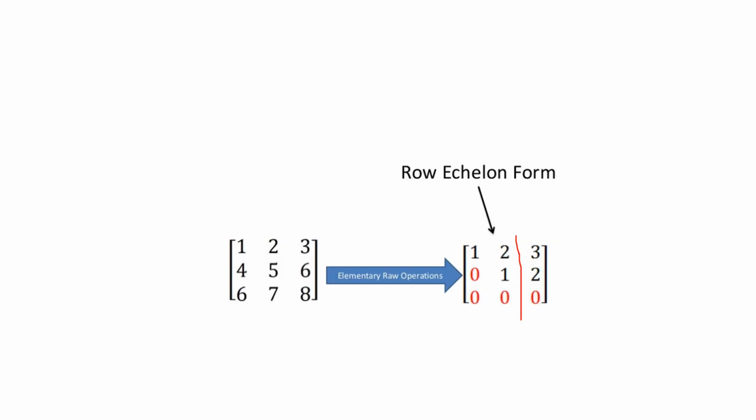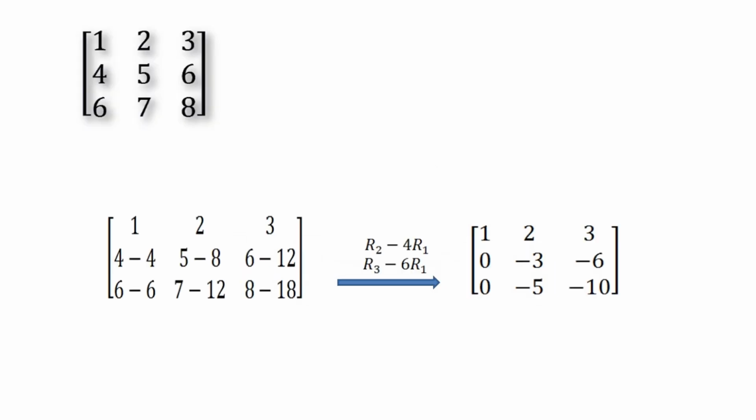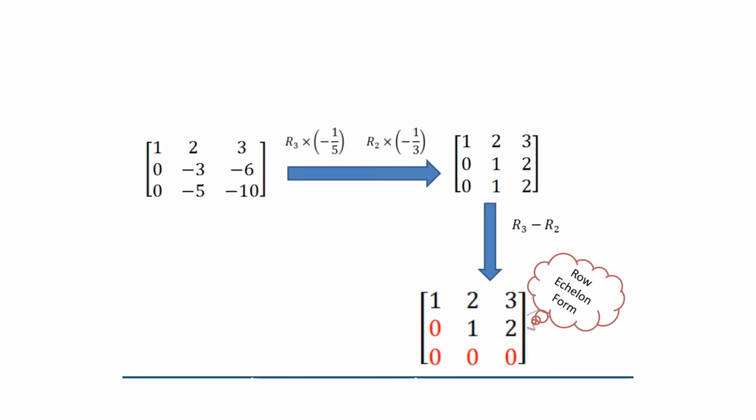Here you can see that a matrix and its row echelon form are given. See how to get the row echelon form. An augmented matrix is given here. We have to perform row transformations, and while we are converting the coefficient matrix into upper triangular form, it will be converted into row echelon form automatically. Here you can see the steps, and at the end we get the row echelon form.